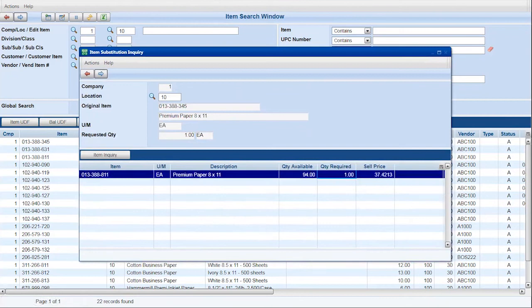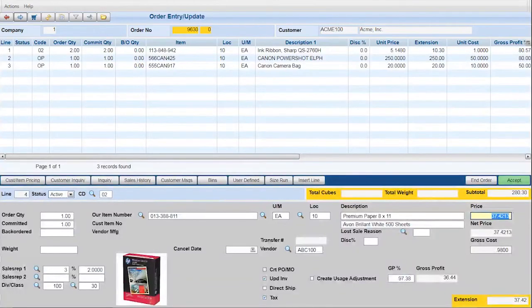Okay, so I can go ahead and select now and say, oh, okay, great. Well, I don't have this item that the customer originally ordered, but I have a very similar product. It's available, and I can go ahead and add that item directly onto the order. So again, it's a great way of helping you increase sales where maybe you're out of a particular item. The system can tell you a valid substitute, and you can add that directly into the order. So those are some nice tools, but I do want to show you some other things that are within the